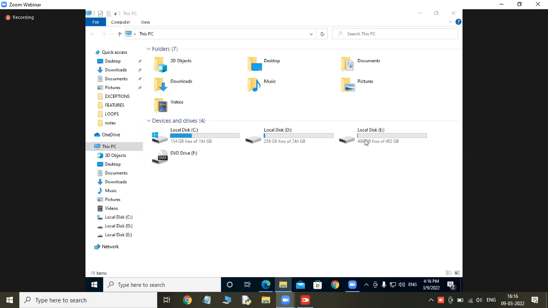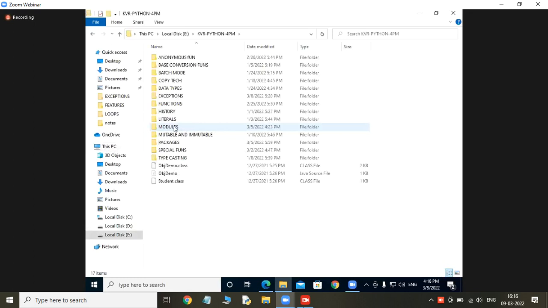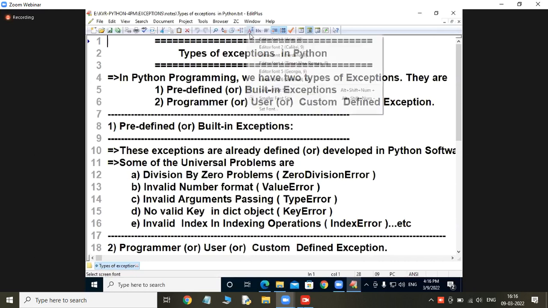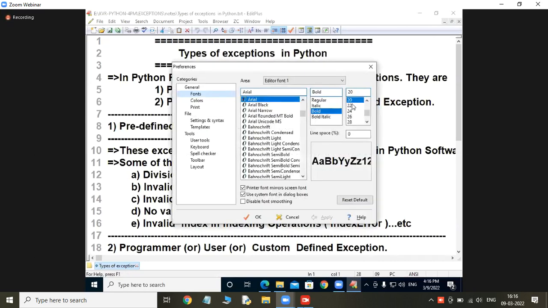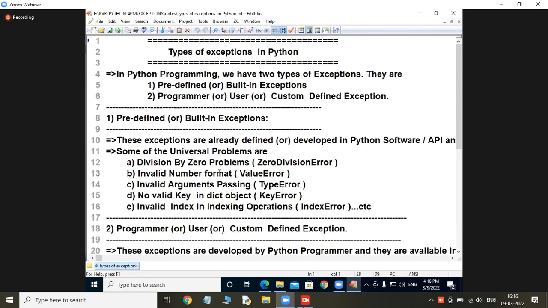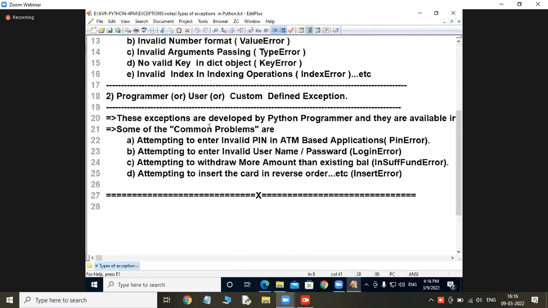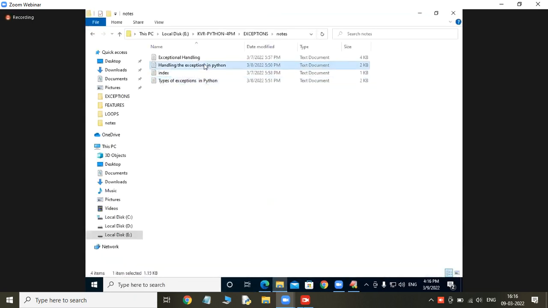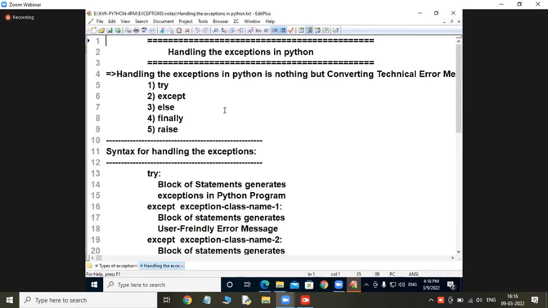Fine, students, keep in mind, let us go to the next one, continuation process. So exceptions, look at that. Last session, types of exceptions we discussed. 2 types of exceptions are there: programmer defined and predefined. So 2 types of exceptions we did. And we learned the importance of predefined and programmer defined, all those things. Later, we went for one more important topic, that is handling the exceptions. And we understood the syntax of handling the exceptions.